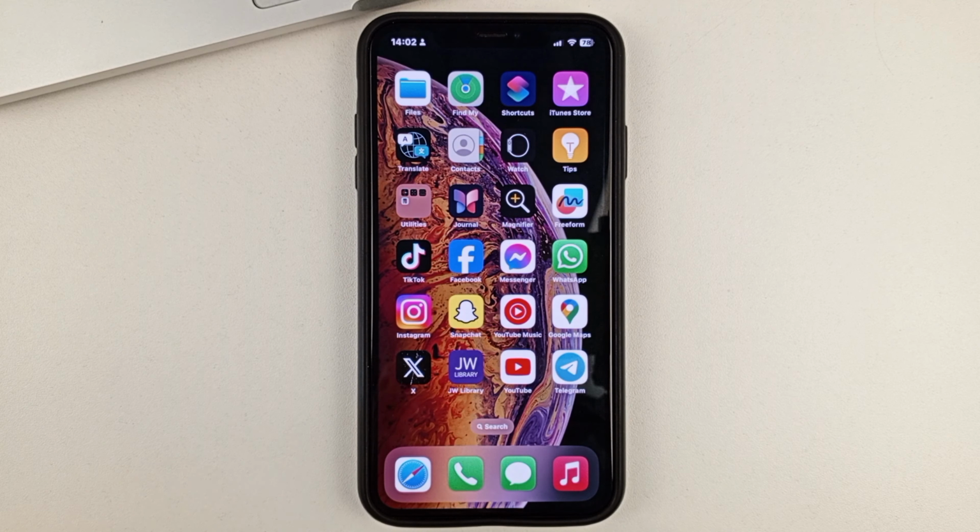And I'll tell you right away that automatic app updates is a very convenient feature, because that way you don't have to think about whether or not all your apps are up to date. They're always up to date, and they're always the latest version.